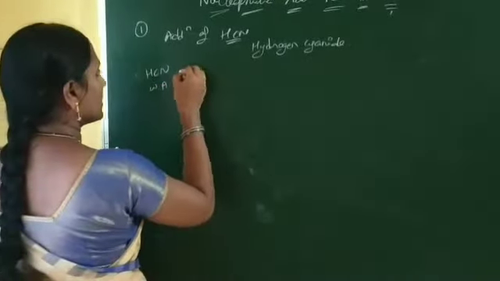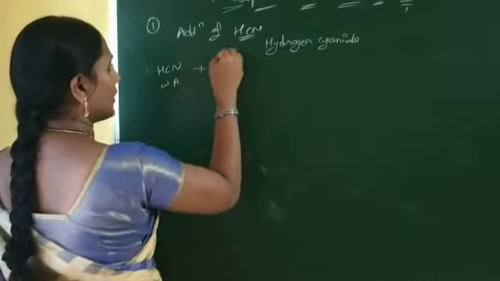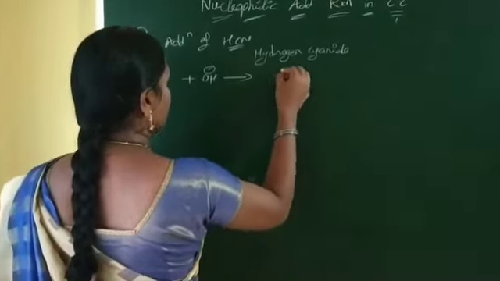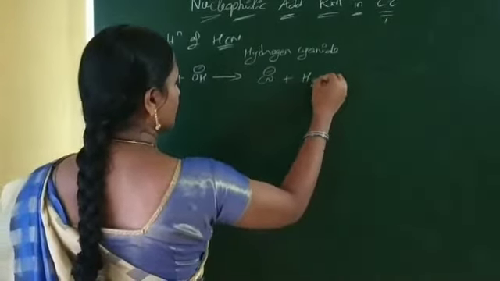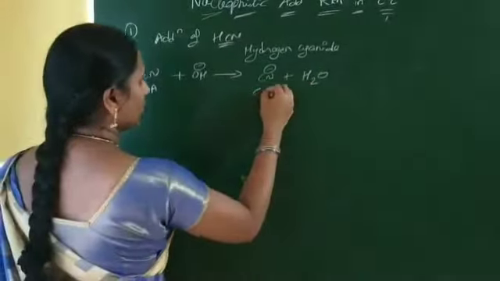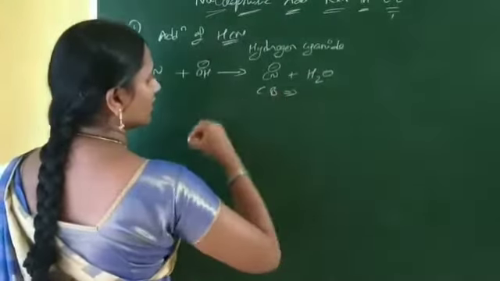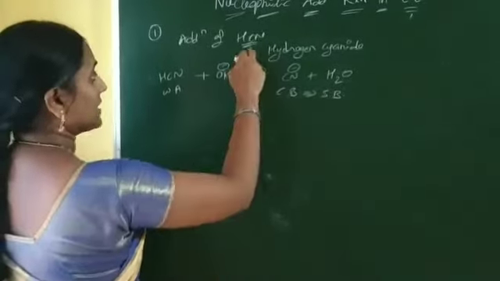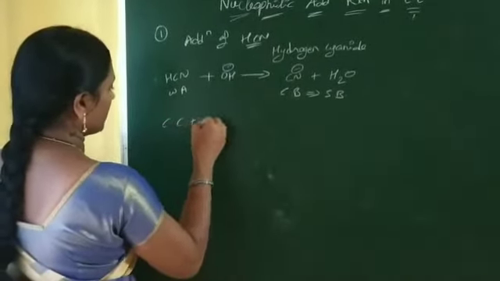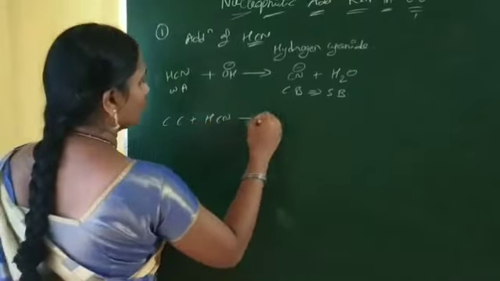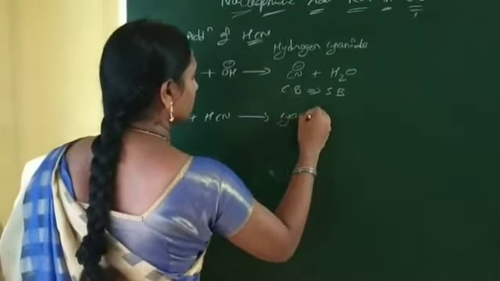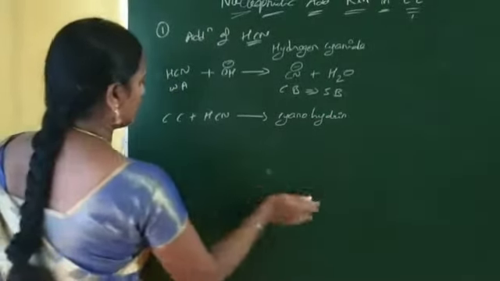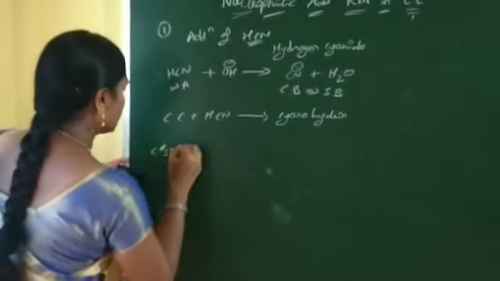Now hydrogen cyanide is treated with a base like OH minus to form the conjugate base CN minus, and the byproduct is a water molecule. The conjugate base CN minus acts as a strong base. Now this HCN is treated with any carbonyl compound. The carbonyl compound is treated with HCN to form a cyanohydrin. The product is cyanohydrin. In equation form, you take acetaldehyde.